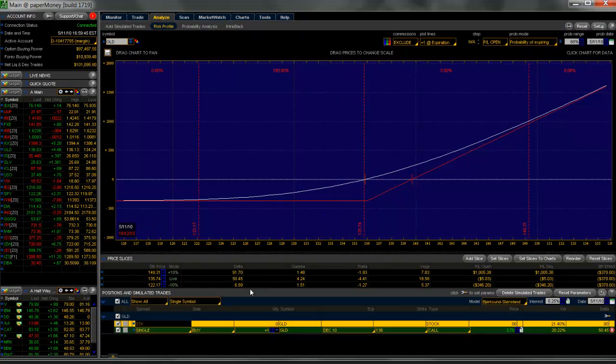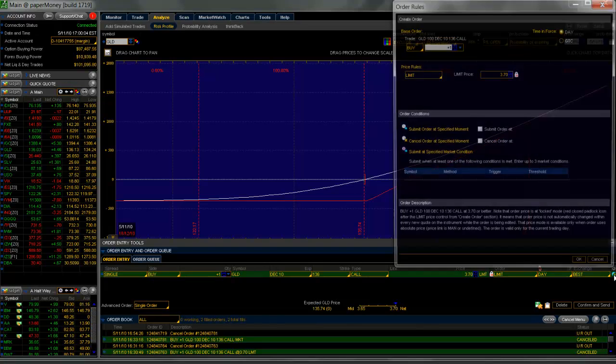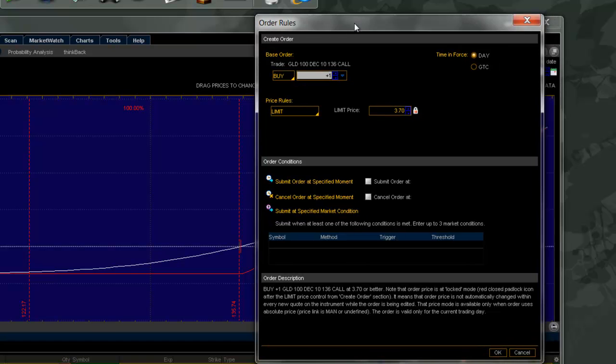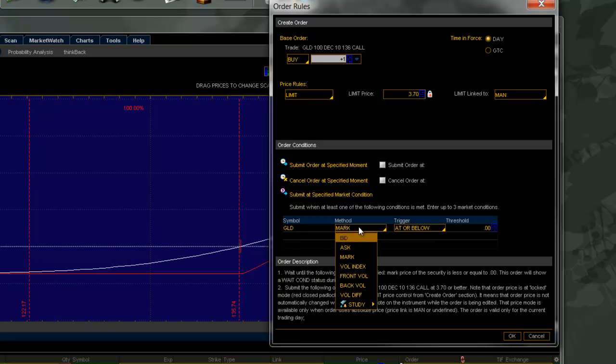Yes, that's what I want. We are going to create a duplicate order. Now, at this point, rather than do an at limit, we are going to go into this cogwheel area, I call it, which is the inner workings of an advanced order. Here are the order rules, and what we're going to do is put in the symbol GLD, we're going to do the mark symbol, we're going to do at or above, and because this is a bullish trade we're simulating here,